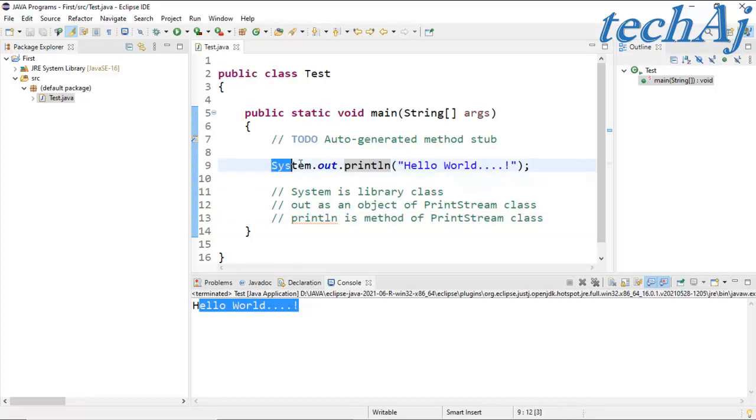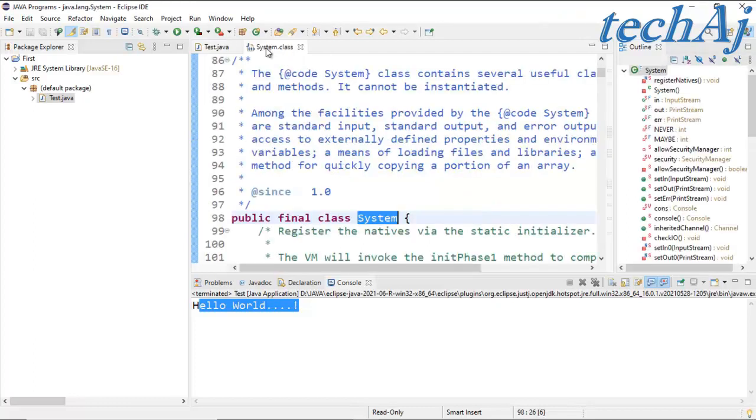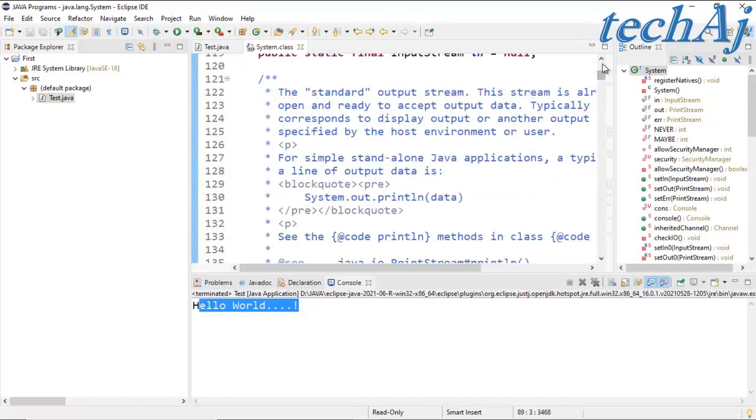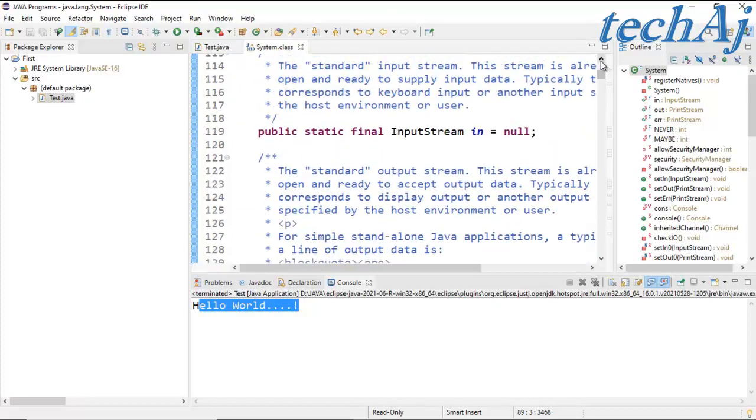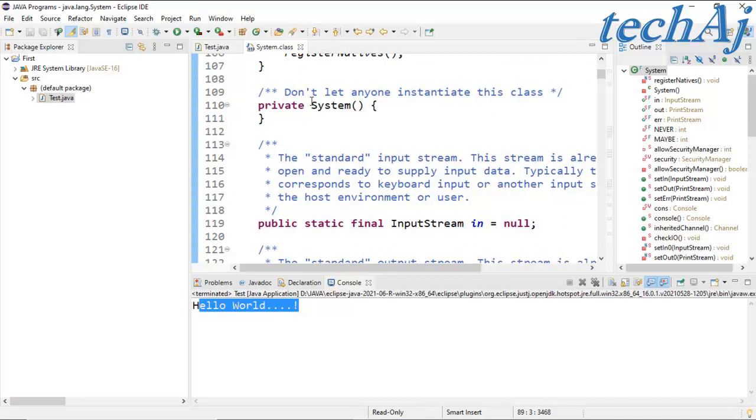Now to check this System.out.println, press Ctrl and move the cursor on System. It will open the System class. So the System class has been opened. In the System class, we can observe there are a number of objects of library classes.